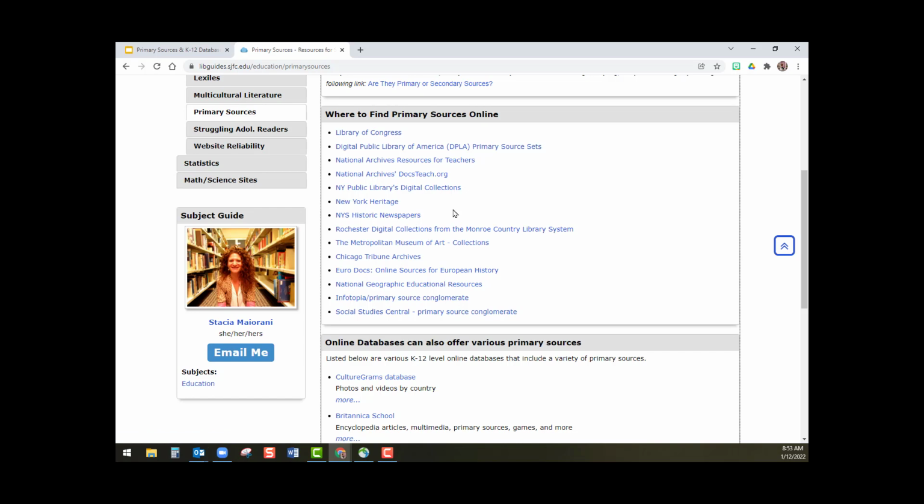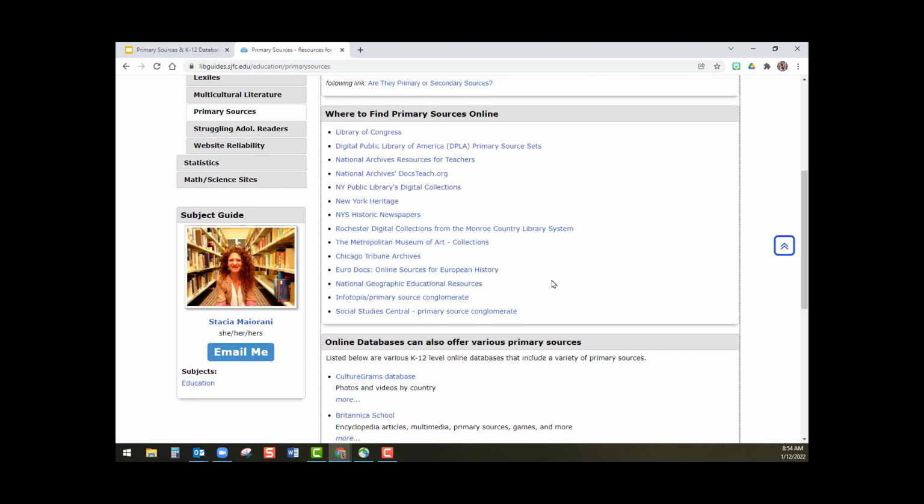If you're looking at a larger piece, you can go to the Library of Congress, which is nationwide, or the National Archives here, as well as, if you're looking outside of the US, Eurodocs. You'll also see that a lot of these links, like the Met, go to museums or libraries. So if you're looking at somewhere in Southeast Asia, maybe you find a large museum and see what they offer digitally